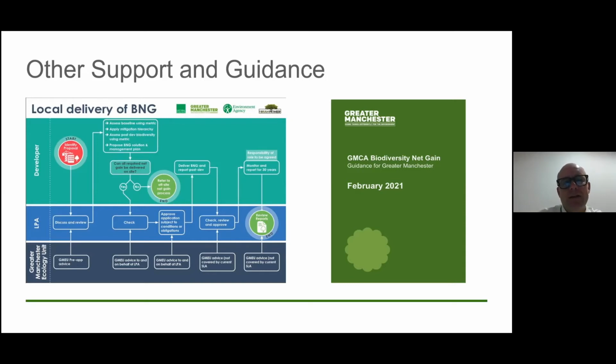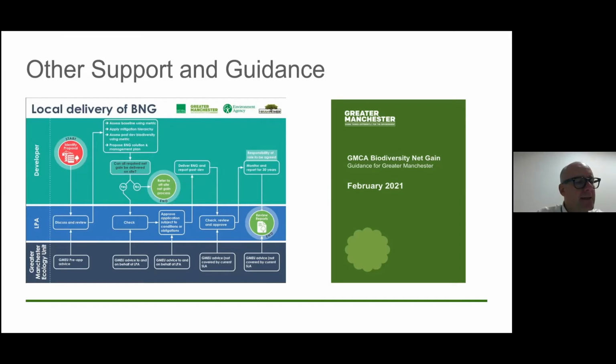proposal and using the biodiversity metric and applying the mitigation hierarchy, and then putting that to the local planning authority to check, and the local planning authority gets advice from the ecology unit on whether or not that should be approved or not, or whether or not that needs to go back and be looked at for further improvements. So all of this, there's a process involved here, and the guidance that we've produced helps to understand that process, and we've produced a number of case studies on how the metric's been produced.